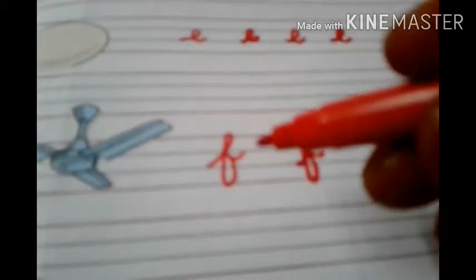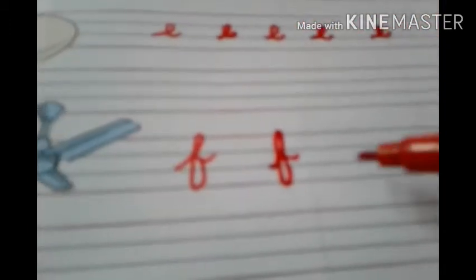You will place your pencil on the third line, go up to the top line, turn left, come back to the last line, go little bit to the second line, make a small curve. This will make letter F. F for fan. Now you can see I have touched all the four lines, 1, 2, 3 and 4. This letter is written in all the four lines.